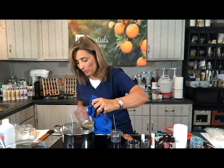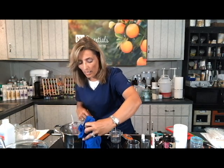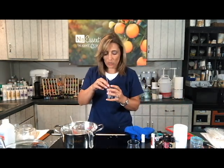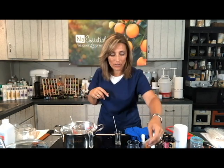I might actually put a little bit of candle wax in here to help it melt some more. And I can see that I don't have as much candle wax as I think to fill this jar, so we're just going to do a tiny one. Now I like that you can make it all different colors. So I have yellow right here, and